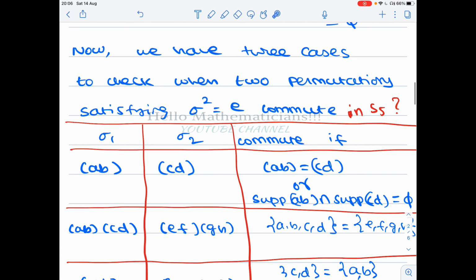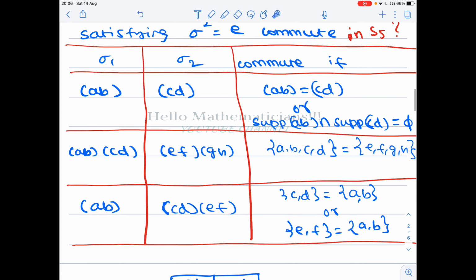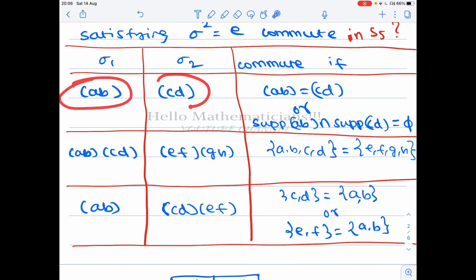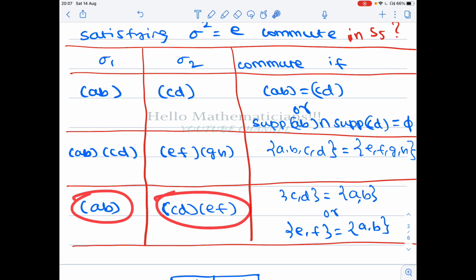Okay, so there are three possibilities. Both of them are one cycle. Both of them are two cycles. Or one of them is a two cycle, and another is a product of two cycles. Okay, so now we know that